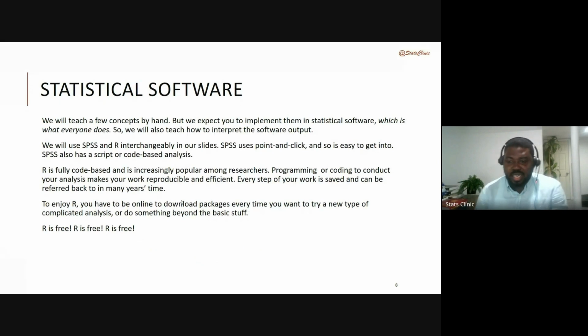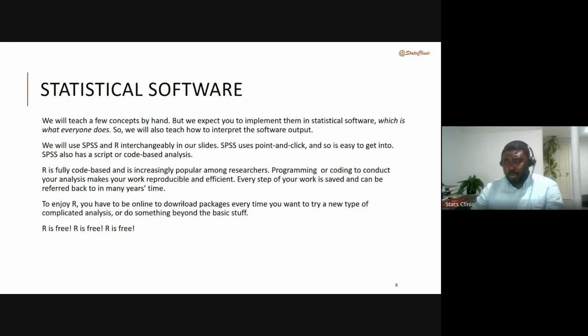So the question one person asked, which one is the best? There's no best software. There is the software that works for you, right? So SPSS is point and click, and I don't have SPSS on my computer, I would have shown you. It's just like if you are comfortable using Microsoft Word and Excel, you will be able to use SPSS. It doesn't require any coding. It does require you to know which statistical tests you want to conduct, and that's it.